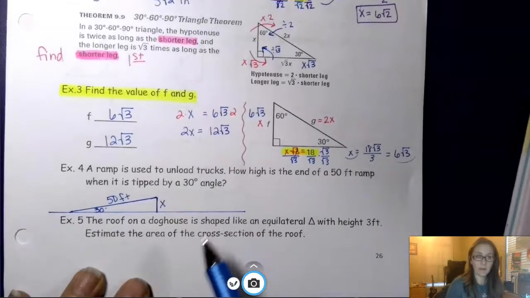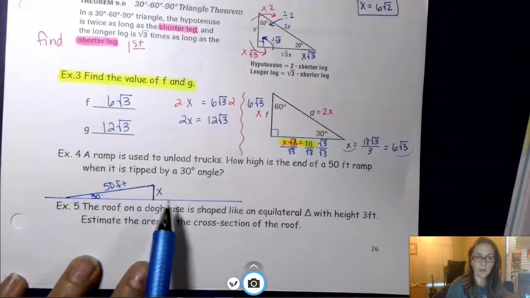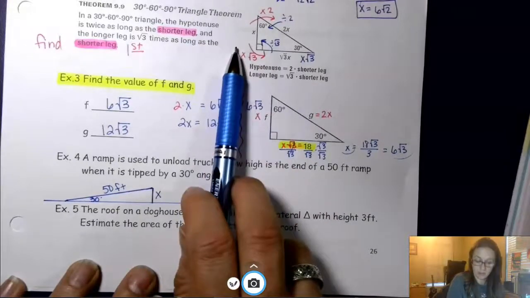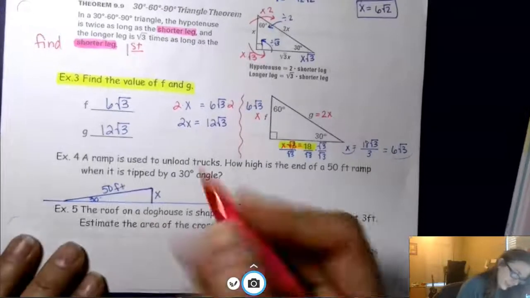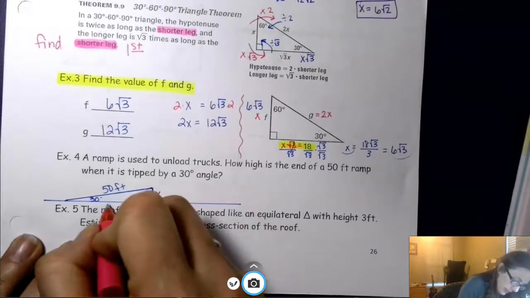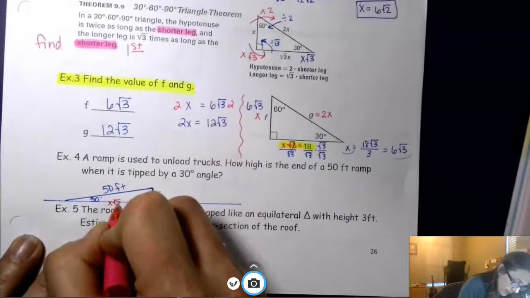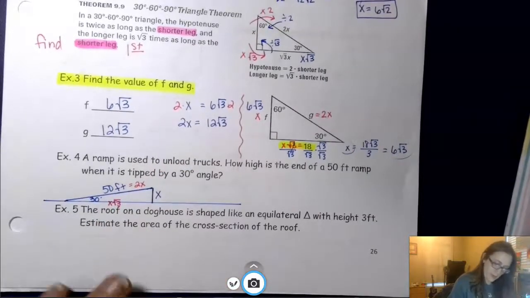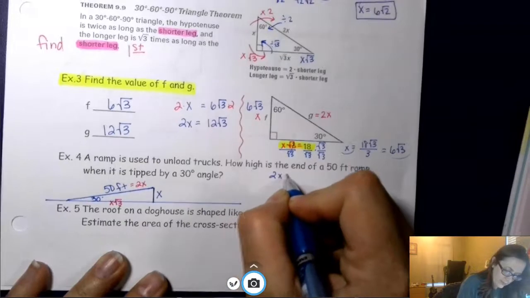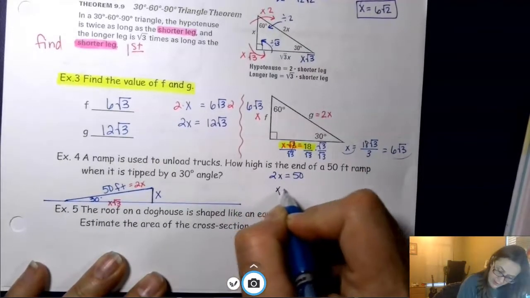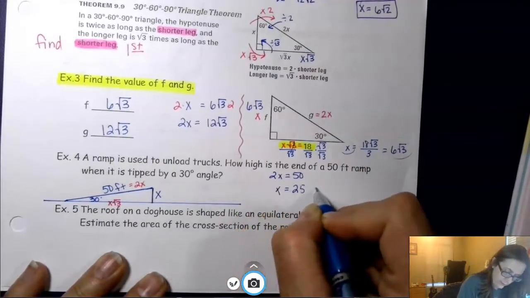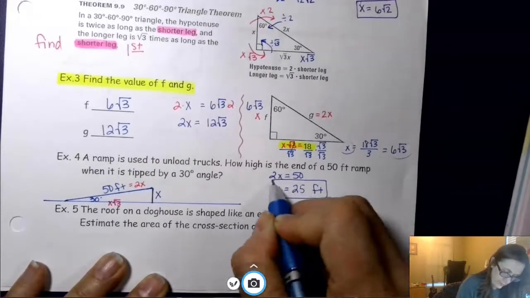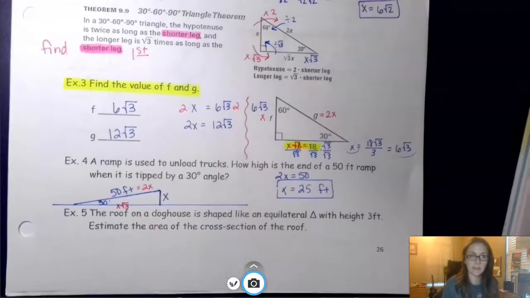So again, hopefully we remember that if we have the hypotenuse and we want to go to x, every single time I'm going to divide by 2. I like to set up the form x. My longer leg is x root 3, and my hypotenuse is 2x. So if I know I have 2x equals 50, I know x is going to be 25 feet. There we go. And then, definitely not drawn to scale in this case, but